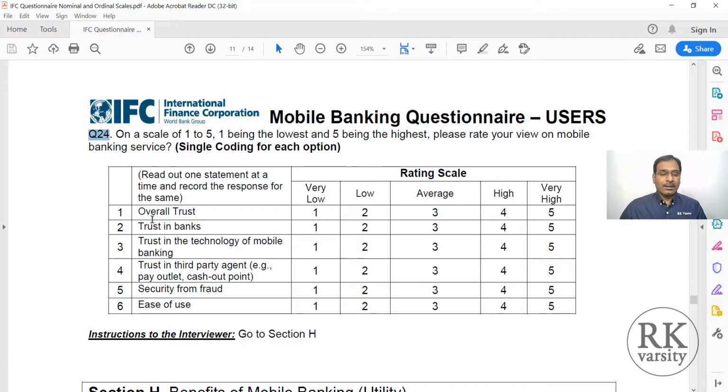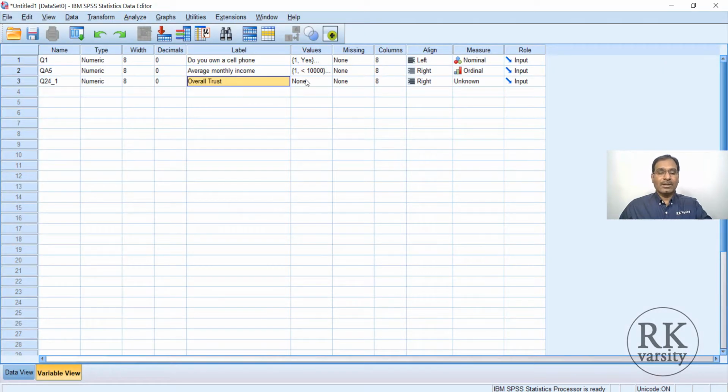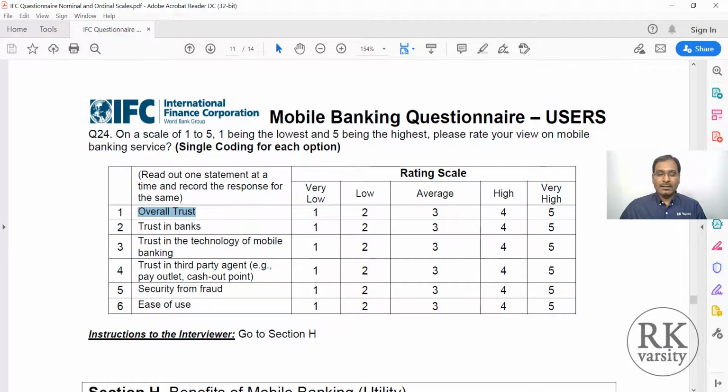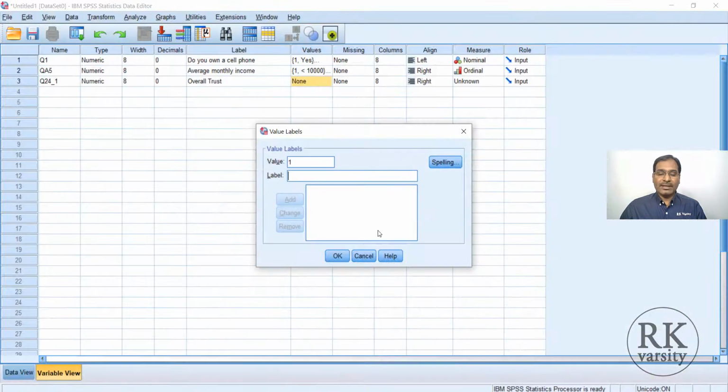Then here first is overall trust. Select this one and paste here. You have a label, then a values. So value 1. So this is a scale where very low, low, average, high, very high. So 1 is very low, then add 2, low, then click add, 3,